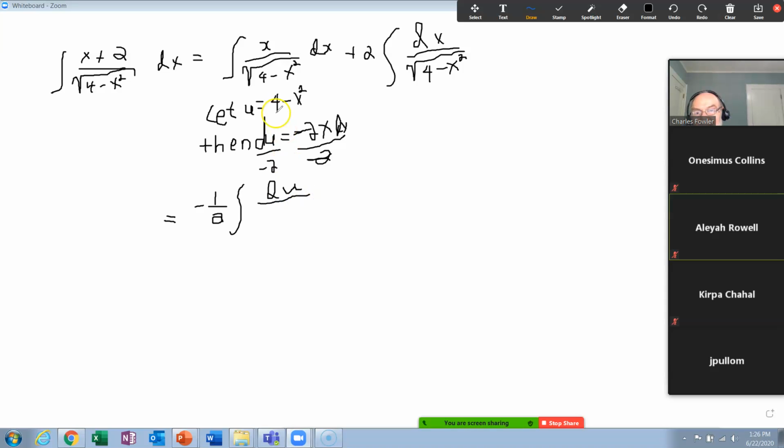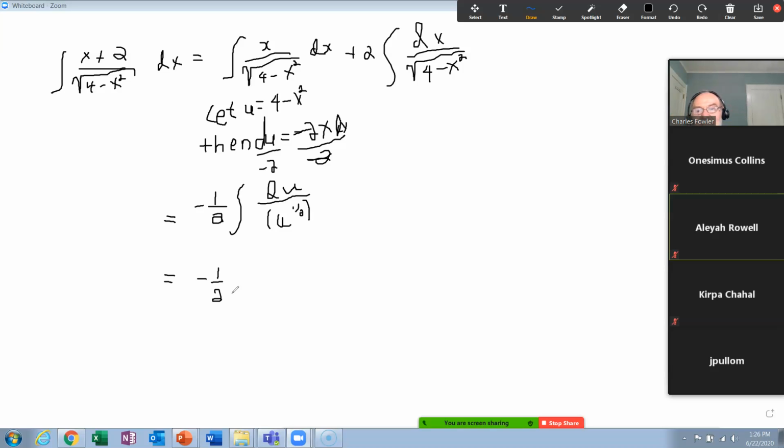Over, now, this was a u inside the radical. I'm not going to leave it inside the radical. I'm going to write that as u to the 1/2, because that's what the radical means. And I don't like the way that looks either, so I'm going to bring this down and say this is minus 1/2 times,